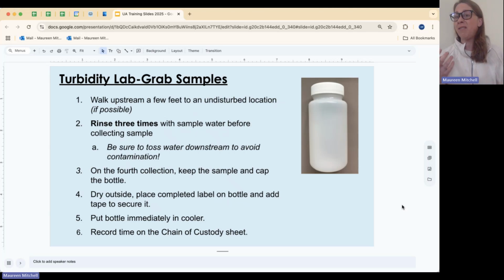So any of last week's sample or soap when I cleaned it is rinsed out. Similar, you'll scoop against the flow, dumping down flow so you don't dump water that you collect the next time. Scoop, scoop, scoop. You're going to have 3 scoops that you rinse, and then you're going to take that 4th scoop. That 4th scoop, fill it to a brim. That means as much water as you can get in that bottle is the amount of water I want to have. Screw the cap on securely,